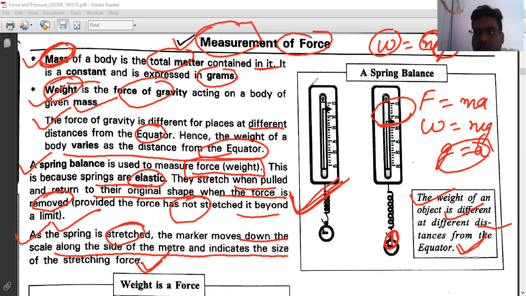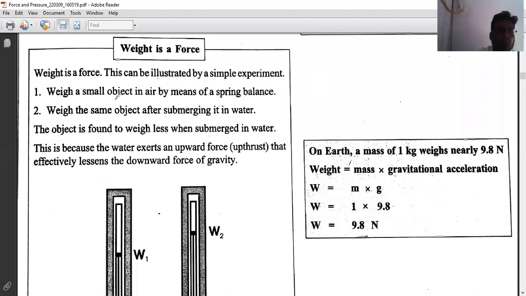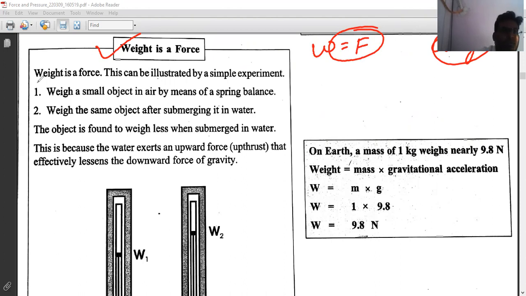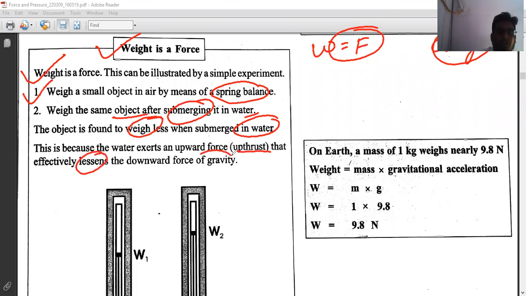So read this one. Now look at the next point, weight. As I have told you, weight is also equal to force, because a acts as g. So weight is a force. It can be illustrated by a simple experiment. Weigh a small object in air with a spring balance. Then weigh the same object after submerging it in water. The object is found to weigh less when submerged in water. This is because the water exerts an upward force, upthrust, that effectively lessens the downward force of gravity,